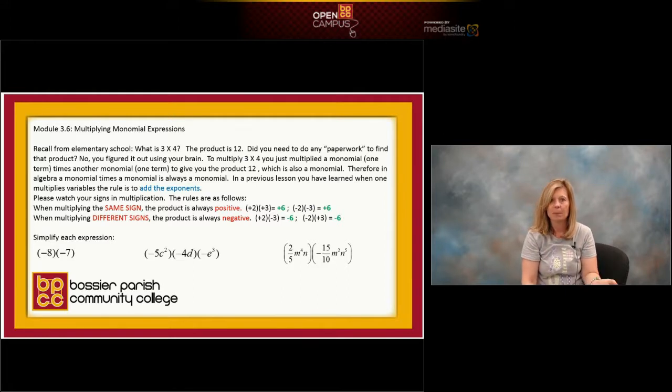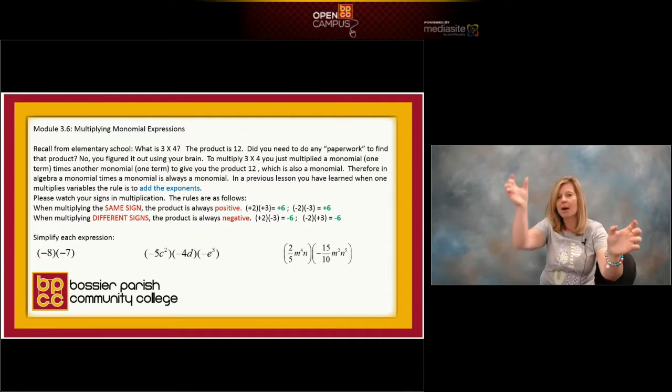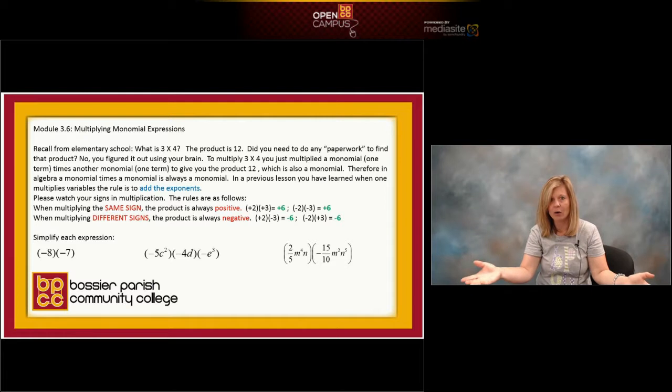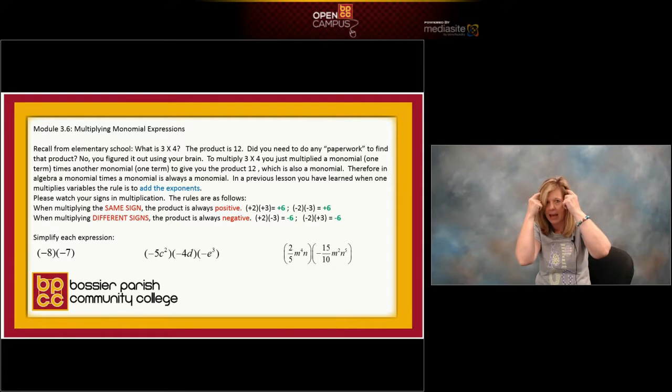And that means the number, the coefficient, is connected to the variable, the letter, by multiplication. When we multiply monomials in algebra, there is no paper trail. We could do that all up here in our head, just like in arithmetic. If I ask you guys to multiply 3 times 4, you have no work to show me. You know that monomial 3 times that monomial 4 would give me a product of 12. So if in arithmetic multiplying monomials means everything's done up here in the head, that's true in algebra. To multiply a monomial times a monomial, you'll do it all up here, which means I'll only see your answer, the product.